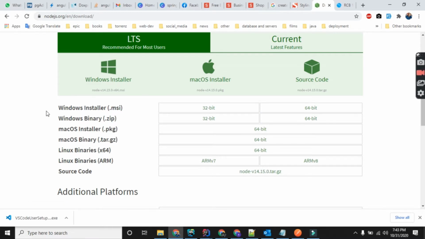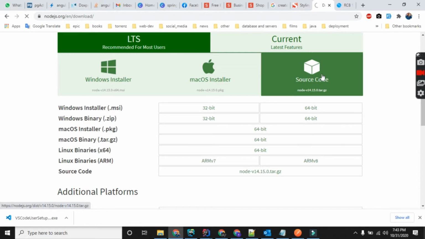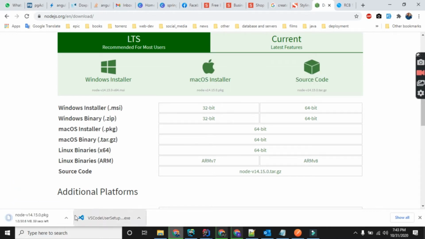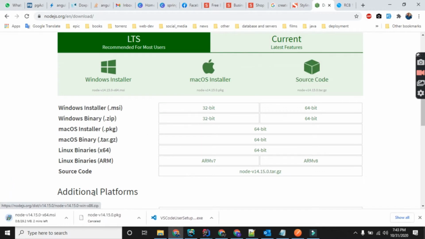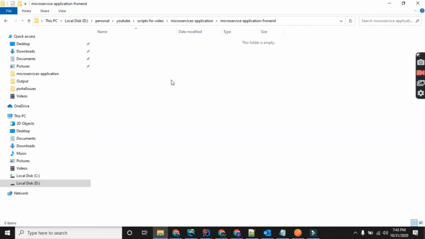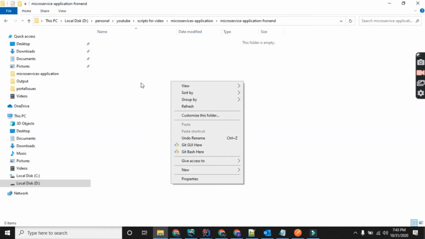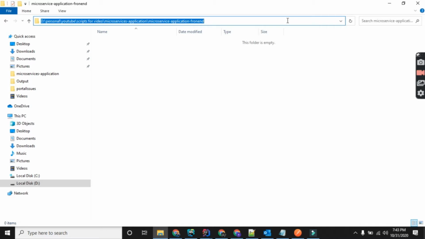If your machine is Windows, you can select this; if it is Mac, you can choose that. I'm not installing now because I already installed it. Okay, after you install Node.js, guys, you need to open your command prompt,